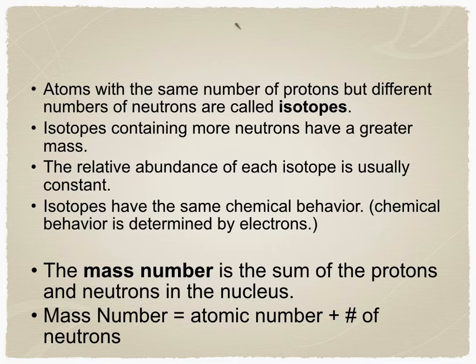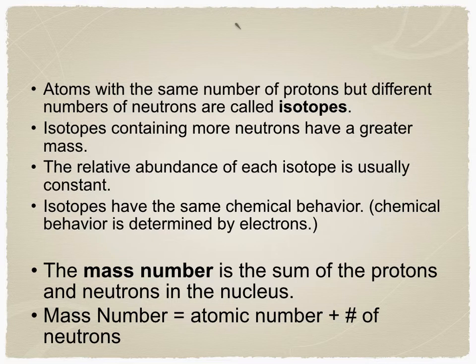So what does that mean? That means that if you're talking about potassium, the percentage of each potassium isotope will be the same in a banana as it is in the dirt. The percentage of isotopes remains the same regardless of what you find the potassium in. Isotopes have the same chemical behavior. So just changing the number of neutrons does not change the behavior of the atom, because chemical behavior is